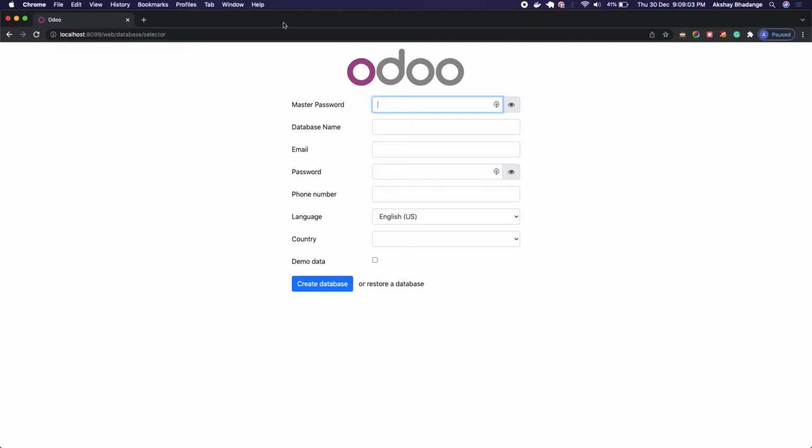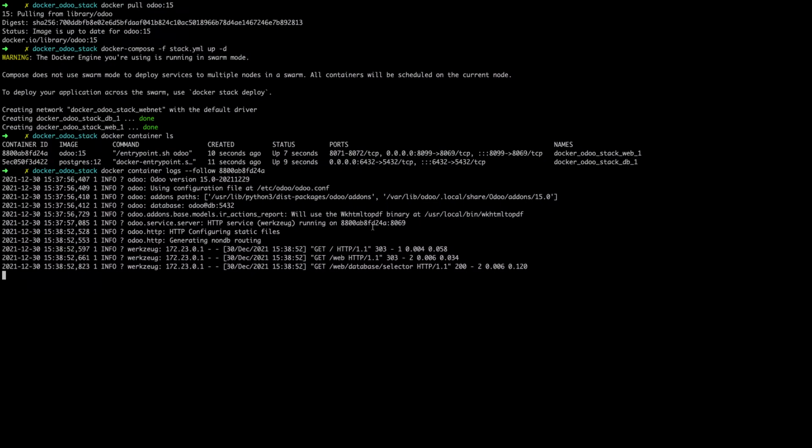Before we jump into the actual creation of the database, I wanted to highlight one mistake which the majority of developers make. If you look at this config file, cat config odoo.conf, I've created a simple config file.